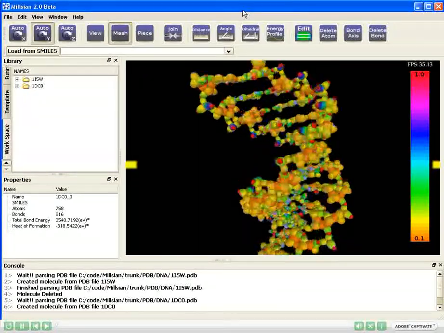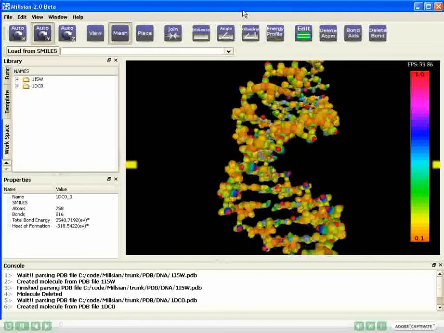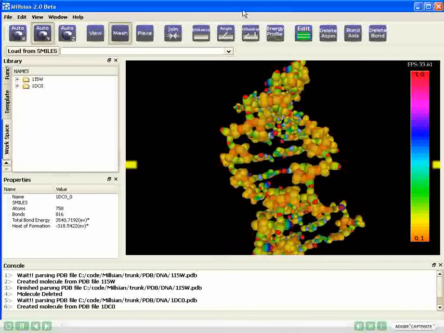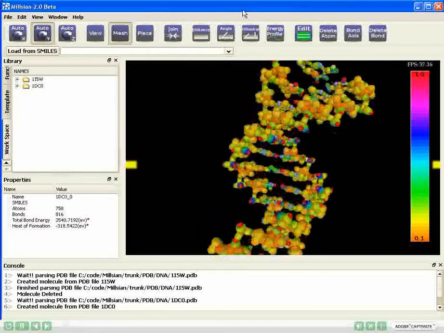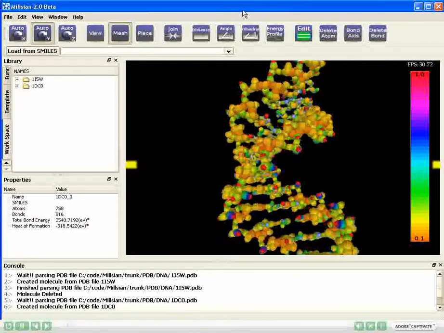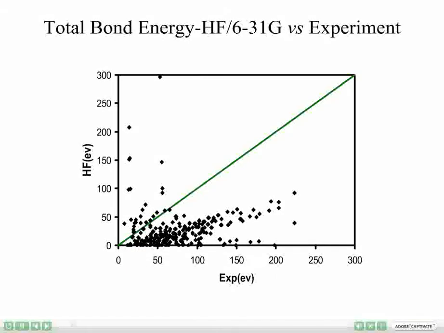This short video is a brief introduction to the Millsian molecular modeling software. Millsian is software for the prediction of structures, energetics, electron distribution, and physicochemical properties of molecules based on classical physics, electronic structure theory. Traditionally, quantum mechanics has been employed to calculate the electronic structure of atoms and molecules using